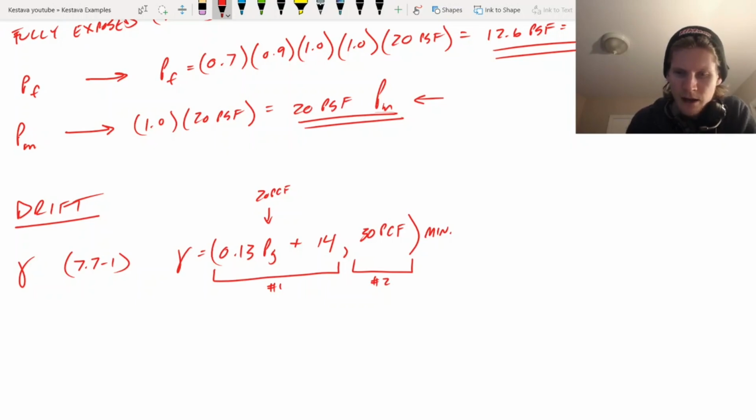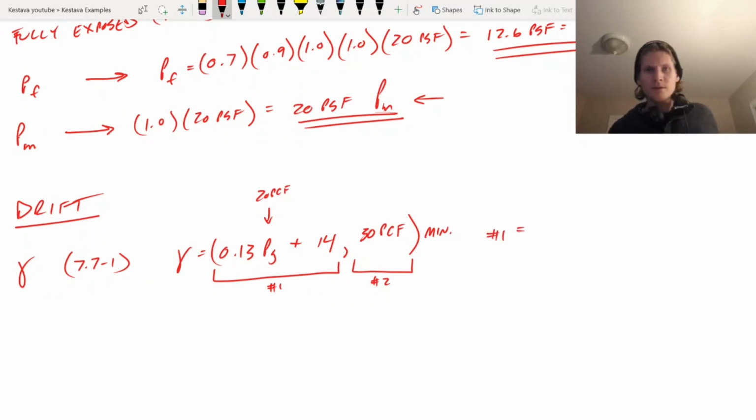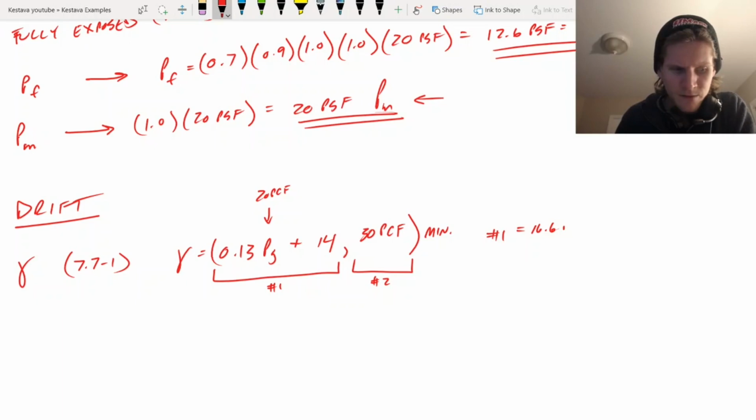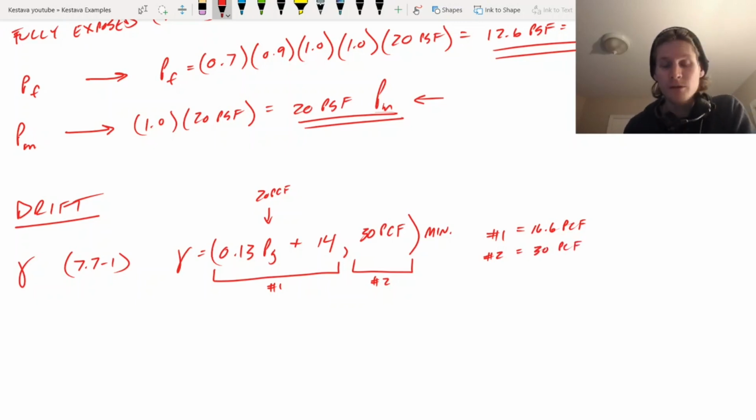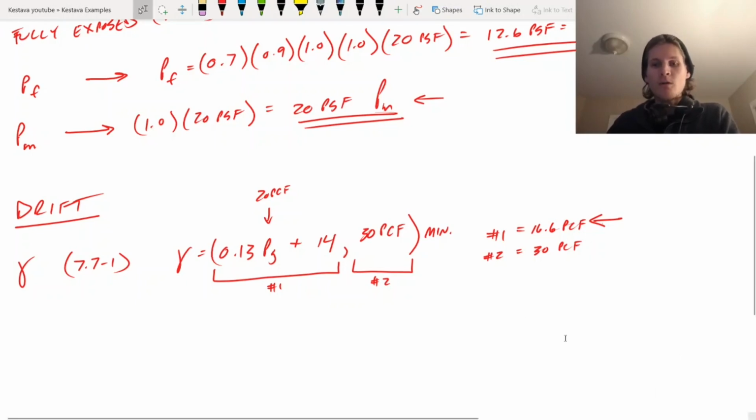Well, if we plug in for option number 1, that's going to equal 16.6 PCF. And option number 2 is going to equal, obviously, just 30 PCF. So you're taking the least of those two numbers, which is going to be that one. So that's your density, 16.6 PCF. Good, moving on. Now, I do want to take a pause here really quickly, and let's move back over to